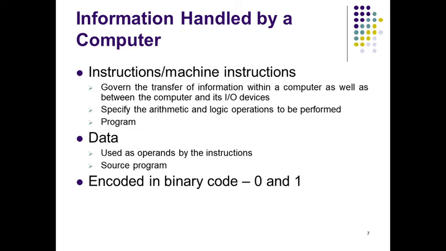Alphanumeric characters are also expressed in terms of binary codes. Several coding schemes have been developed here. Two of the most widely used schemes are, one is ASCII. ASCII is nothing but American Standard Code for Information Interchange. So this is one of the encoding schemes. In this scheme, each character is represented as a 7-bit code. And one more scheme is EBCDIC, which is nothing but Extended Binary Coded Decimal Interchange Code.